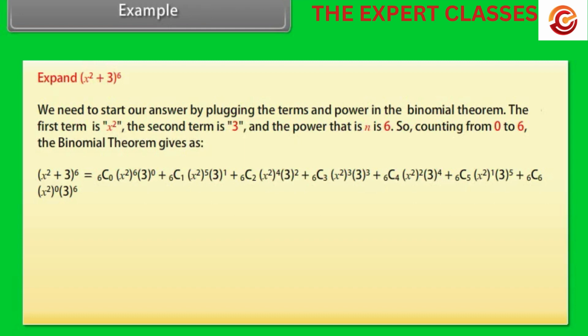into 3 raised to power 1 plus 6C2 into x square raised to power 4 into 3 raised to power 2 plus 6C3 into x square raised to power 3 into 3 raised to power 3 plus 6C4 into x square raised to power 2 into 3 raised to power 4 plus 6C5 into x square raised to power 1 into 3 raised to power 5 plus 6C6 into x square raised to power 0 into 3 raised to power 6. After simplification, we get